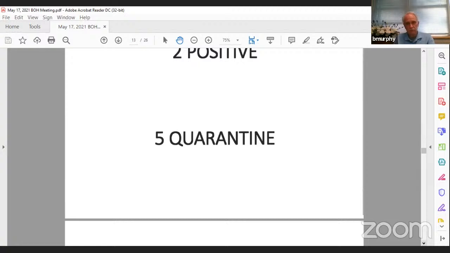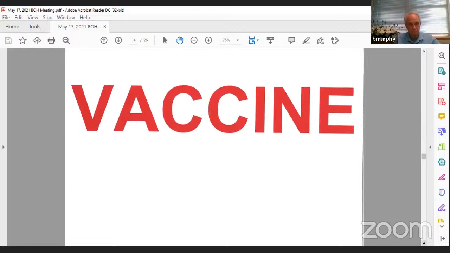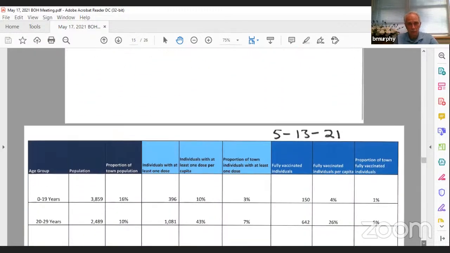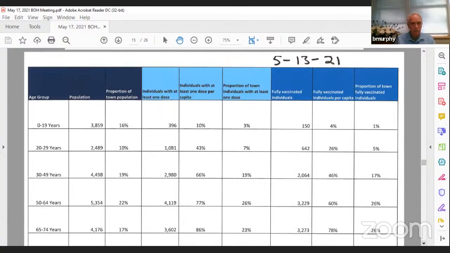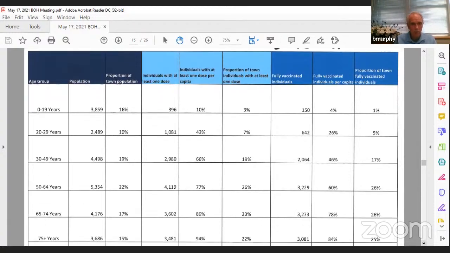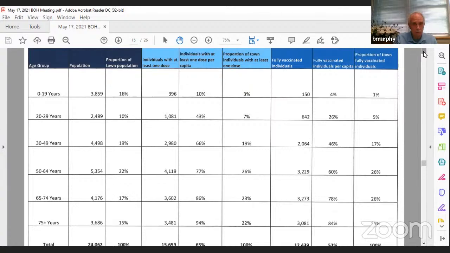That brings us to the vaccine slides. Okay, where do we sit last week on our vaccinations? The first column in the light blue is individuals with at least 1 dose. And that has been increasing.